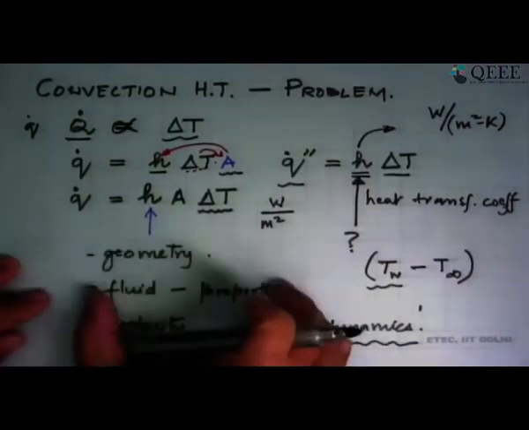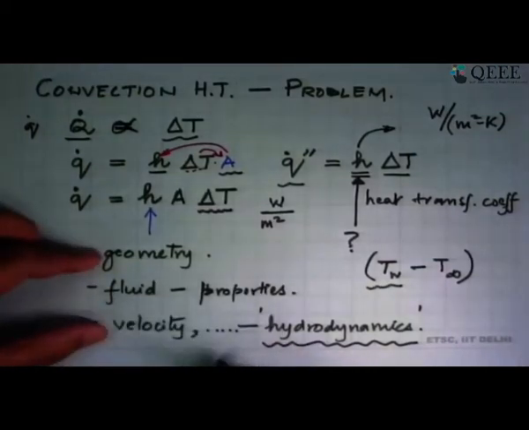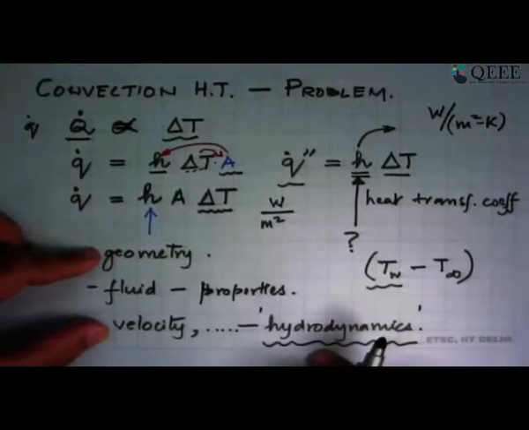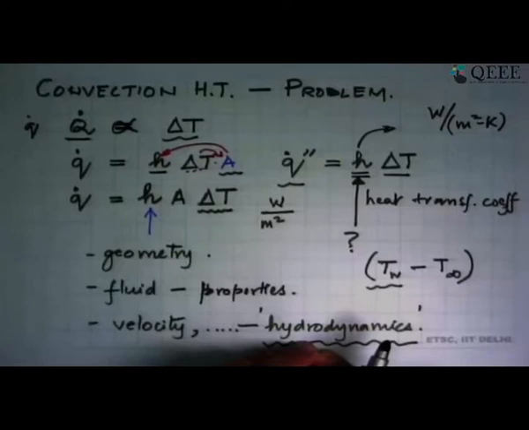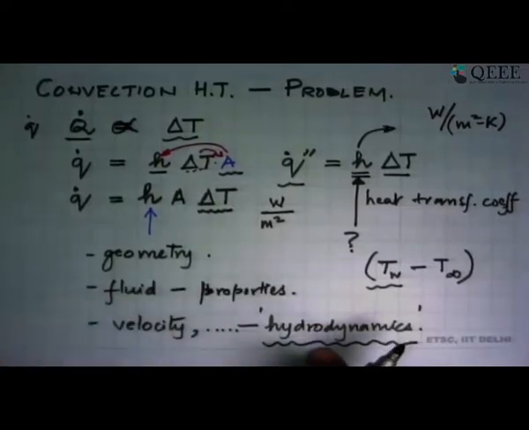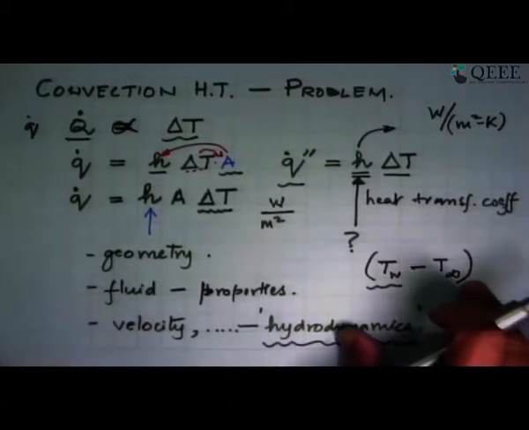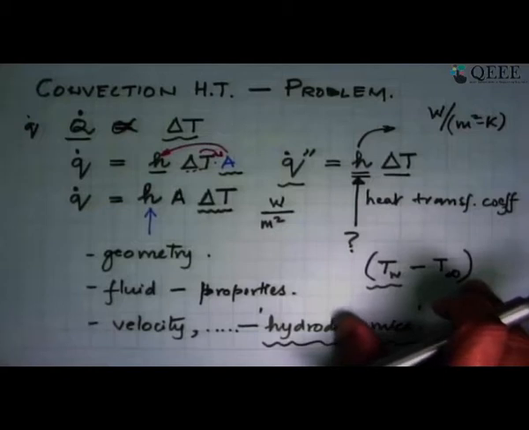If we ignore that there is a temperature difference enforced on the problem, then we have only two things to worry about, the geometry and the velocity, which are linked by the hydrodynamics of the flow. So our first step is to say that if I can understand the hydrodynamics, then from there I'll get some idea of what will happen if I enforce on that same problem a temperature difference. So we can say that we'll first study the flow over, say, the engine cylinder or the LED heat sink